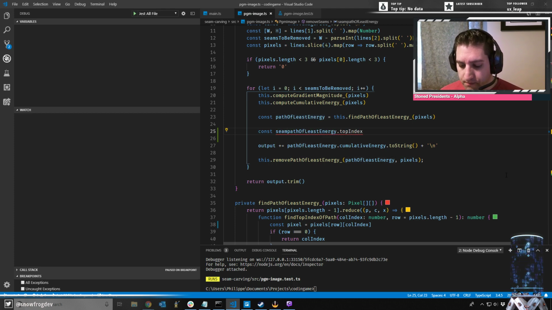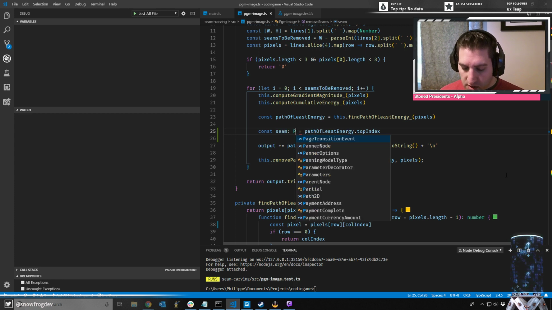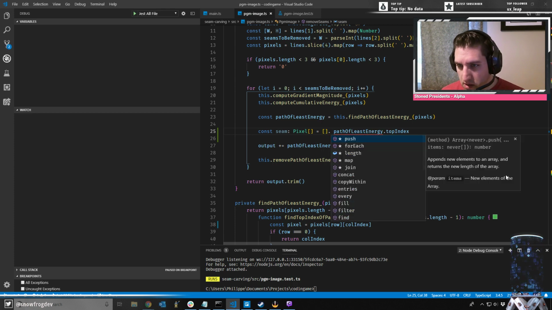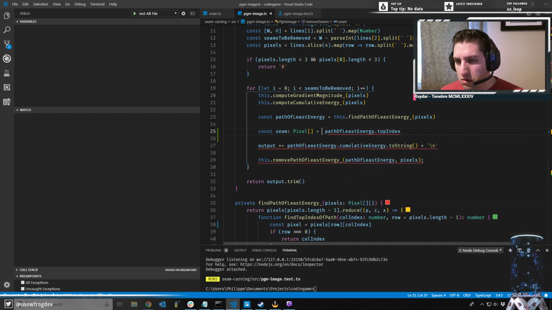Seam is going to be equal to some kind of array. We know we want to end up with a pixel array, right? So we need to initialize it to an empty array. And then what? And then map? No, not map. Although, maybe